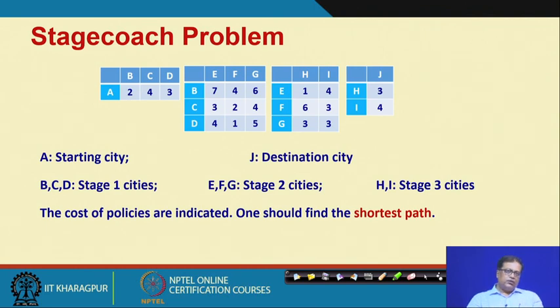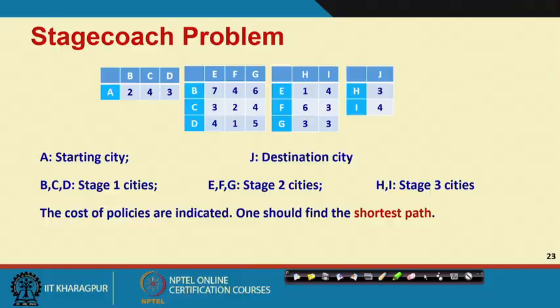So, what should we do now if we have to solve this problem from a dynamic programming point of view? What are the different things that we should fix up right in the beginning? Please recall our previous lecture. Can you tell me what are the things that we should fix now?